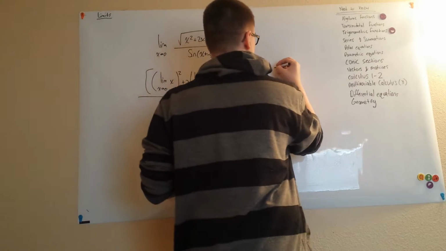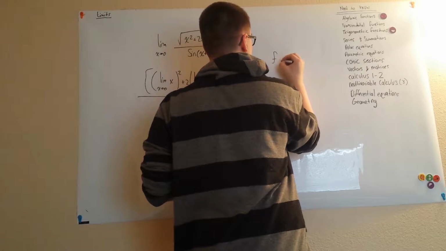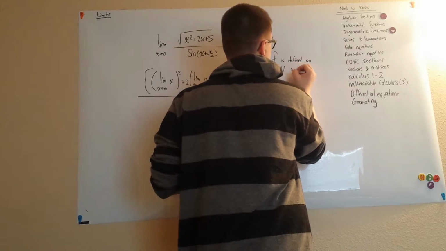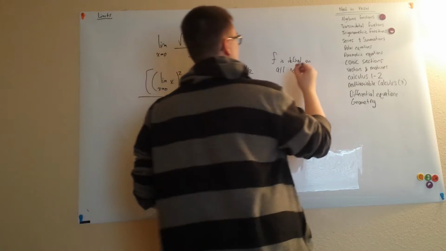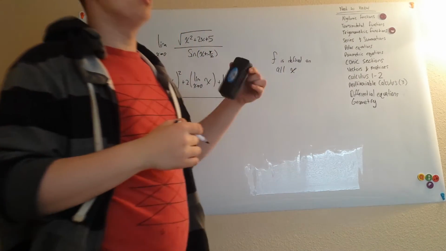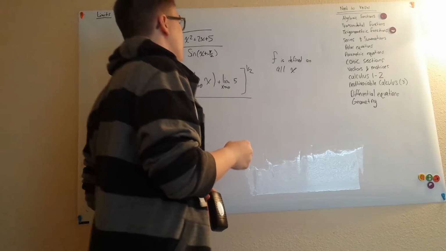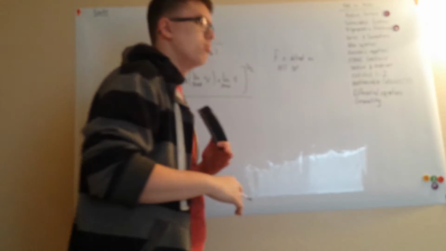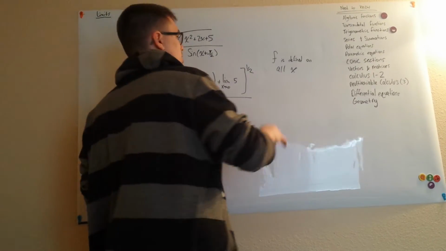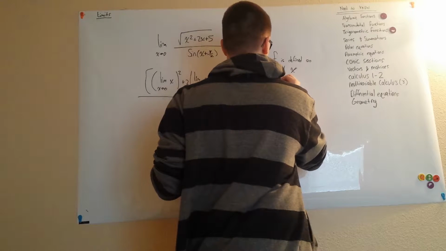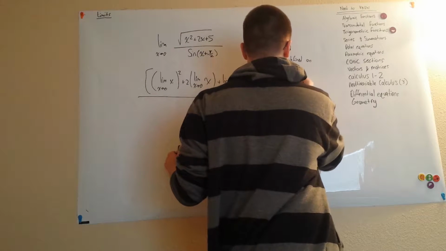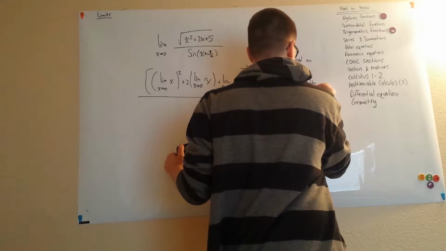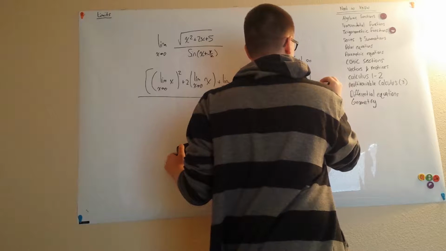If you have some function f defined on all x, basically, if you plug in any x, you'll get a defined value, if the function has a domain of all numbers, then the limit as x approaches a of f of g of x equals